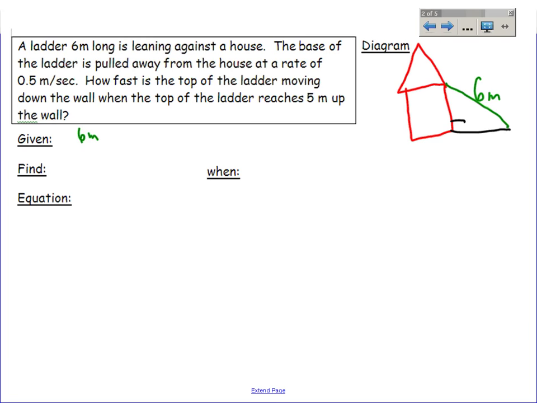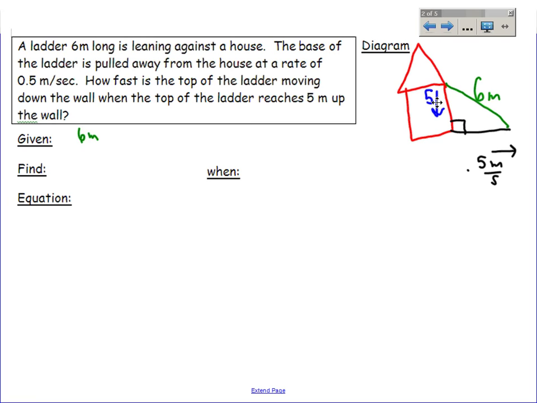Hopefully right now you're thinking what kind of equation we're going to need. But this ladder right now is being pulled away from the house in this direction at 0.5 meters per second, so obviously that is some kind of rate of change. What we want to know is how fast the ladder is moving down the wall. So I want to know this rate of change that I'm drawing right here in blue. And we want to know that when this ladder is 5 meters up on the